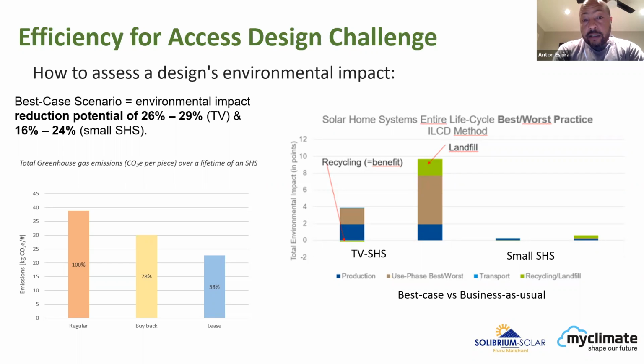So in designing solar home systems or any solar products, consider the impact of each of the components and work as hard as you can to make sure that the impact of the battery, which is the heaviest, the most expensive, and the shortest lifespan product, is reduced as much as possible. This is where modularity comes into play, and this is where the battery design becomes important.